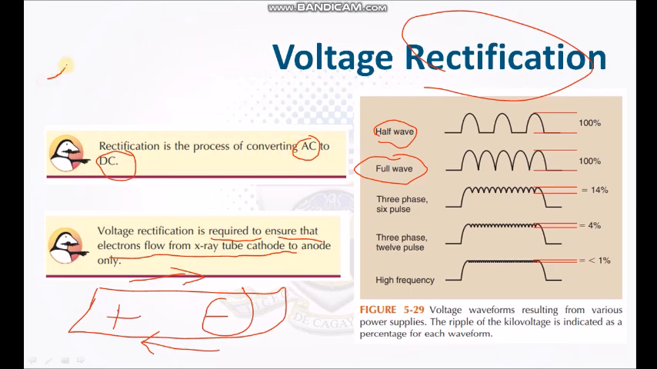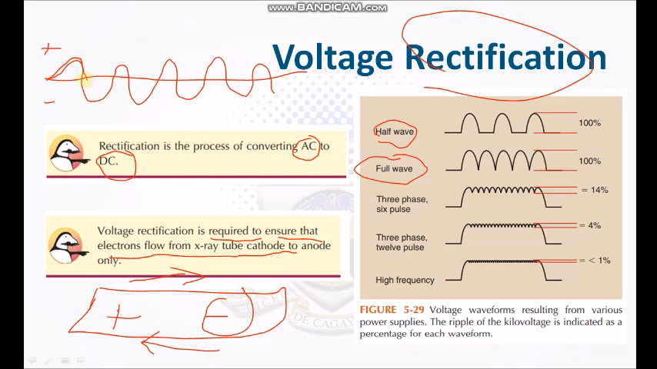The AC is being represented as this, sinusoidal. This is the positive cycle, this is the negative cycle. So, in our X-ray tube, these positive portions,